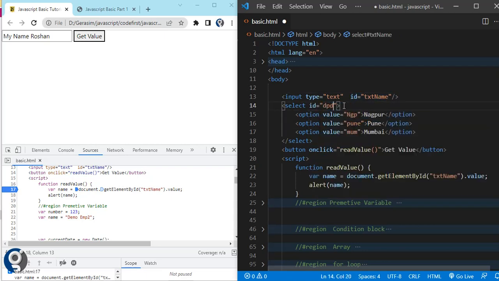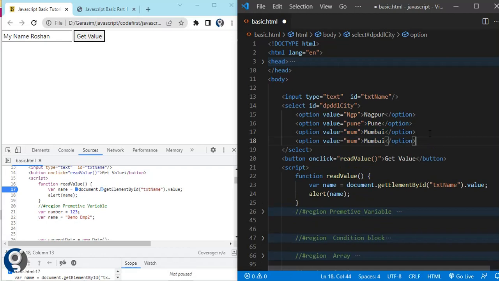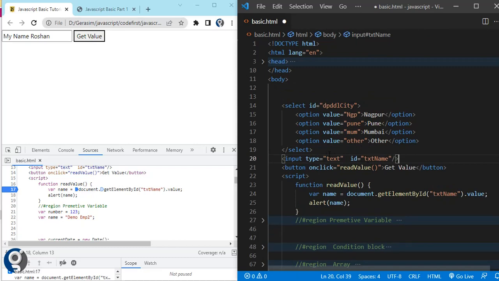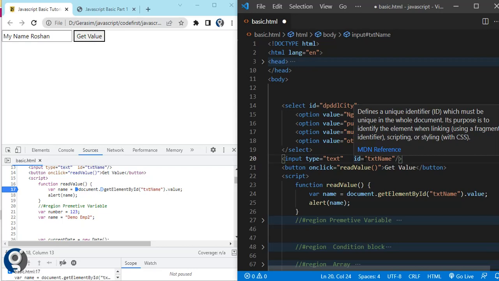So let's say ddlCity, this is my id. Fourth option will be for other, this will be other. Okay, if I have selected the other, then I have to show this particular div, particular text box to enter the other field. Okay, so first initially I will hide this